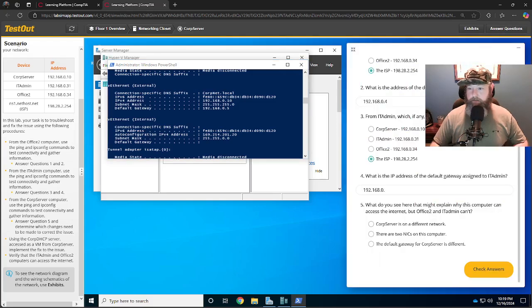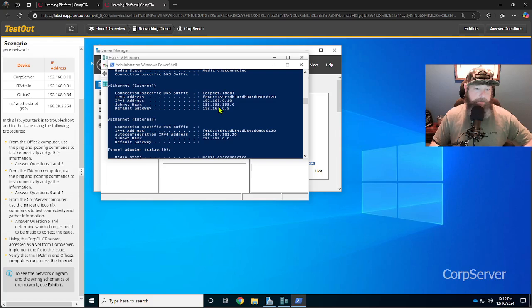So let's see what question 5 was again. What do you see here that might explain why this computer can't access the corp server is on a different network? There are 2 NICs on this. The default gateway is different. So that's what I'm going with. That's what I see. They are on the same network, 192.168. You can tell that. So using the DHCP server accessed as a VM on the corp server, implement the fix to the issue. Verify that the IT admin, okay, so